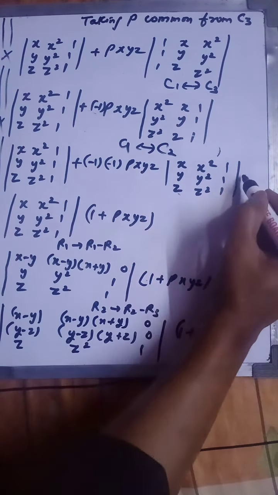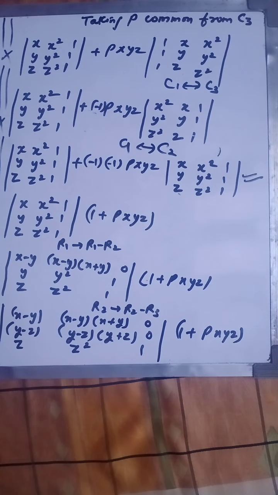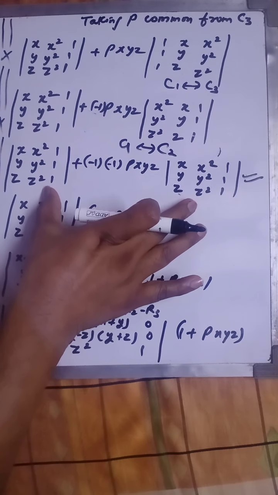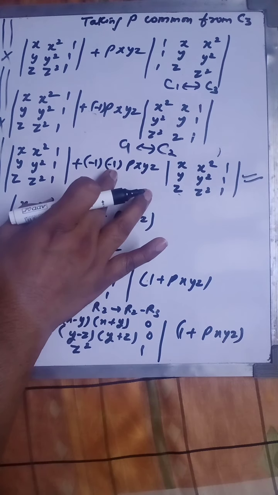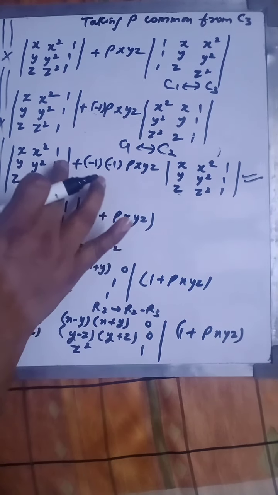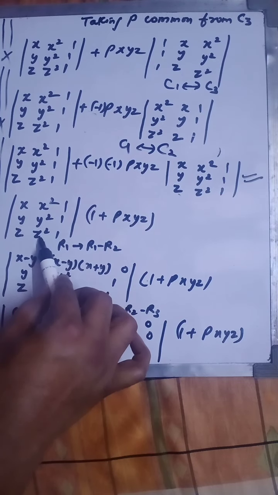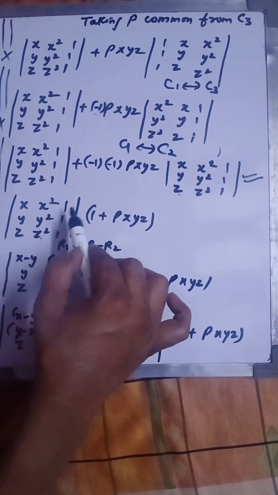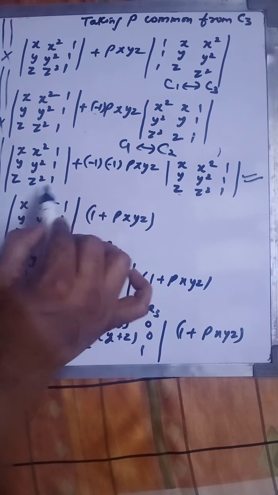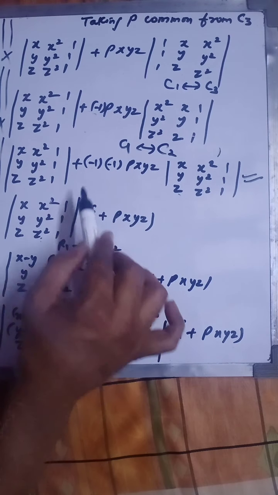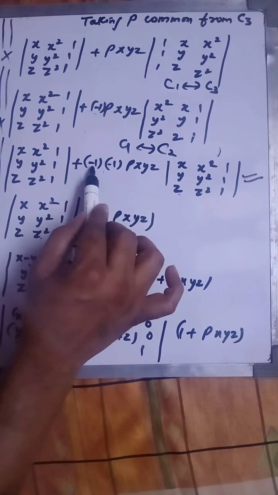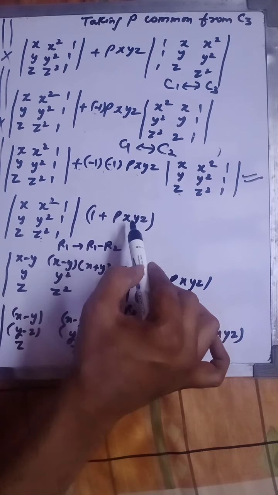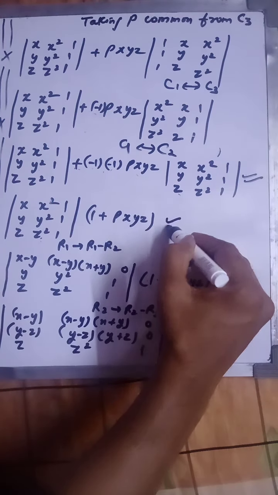Okay, I think this step is clear for all of you. Now see, you can see these two determinants are common, you can take them out common. Okay, and this minus and minus will be plus. When you take this as common, what you will get is 1 here. I'm taking this determinant as common from these two, bracket open, and in place of this, because it is common, you have to write 1, and 1 plus, minus and minus will be positive, 1 plus pxyz will come like this. I think this step is also clear now.